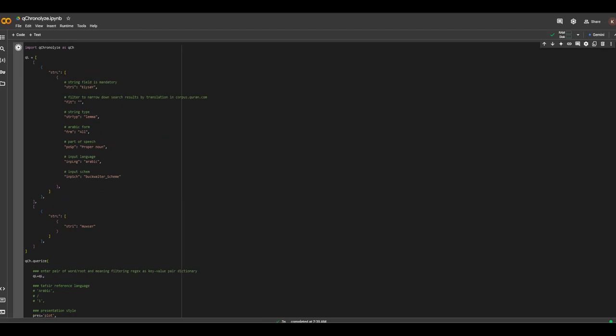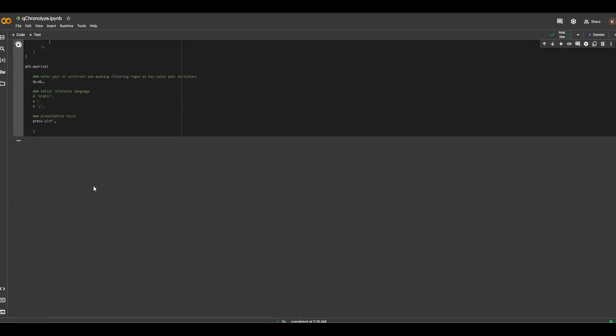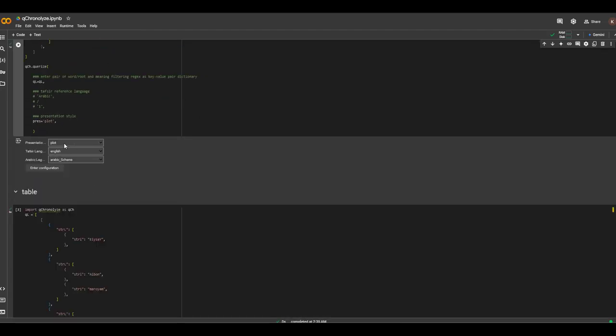So if we run the script for this program, first they're going to ask some configurations. We're going to use the default configurations, which is plot style presentation, and tafsir language should be English, and output scheme is Arabic scheme. And next,